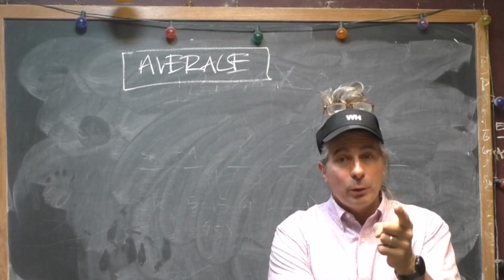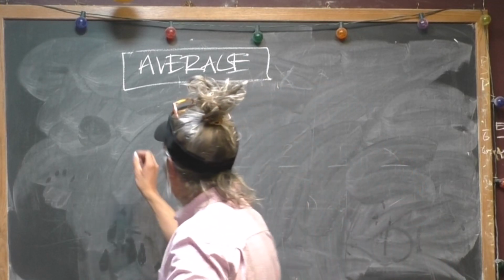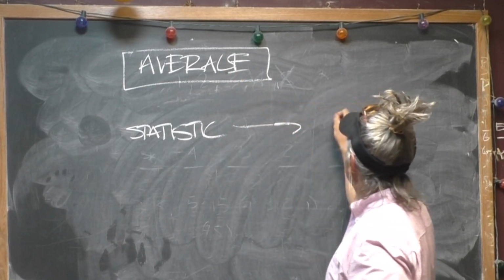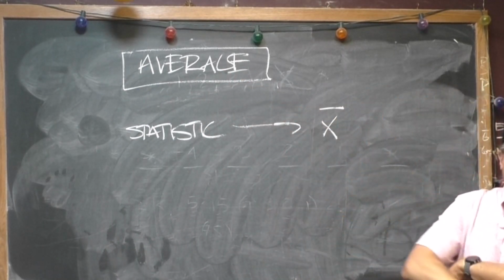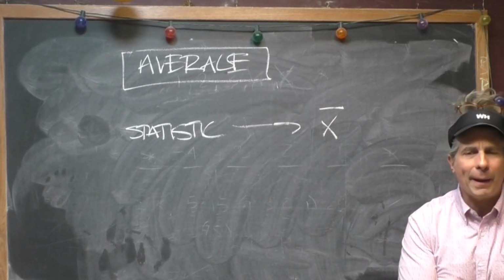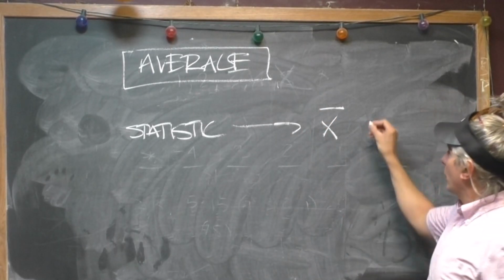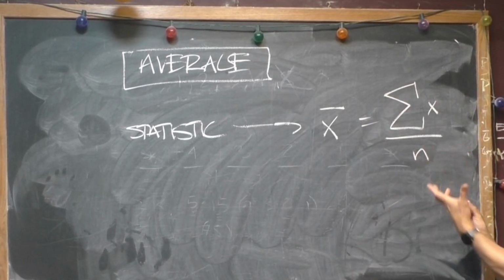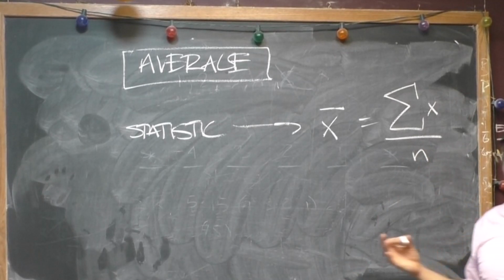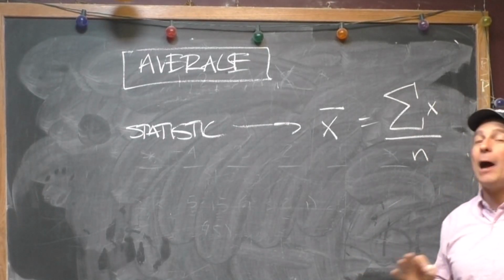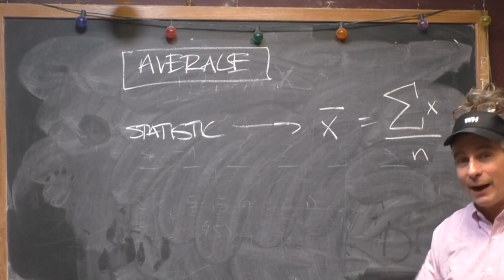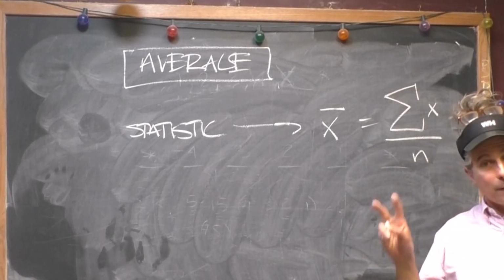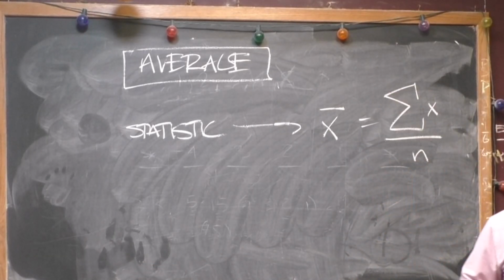Best thing we can do is get a sample and pull the statistic from that sample. So the statistic for an average is X bar. Now you remember this guy from, I don't know, week 2, week 3, somewhere back then. You just add up all the data and divide by how many data points you have. So this is going to look somewhat similar. It's actually related to the proportion, except instead in the proportion you're simply counting how many things have a property and dividing. Here you're actually adding them up and dividing, which spreads them out evenly, and you get the idea of the typical if all the data were equal measure of center.